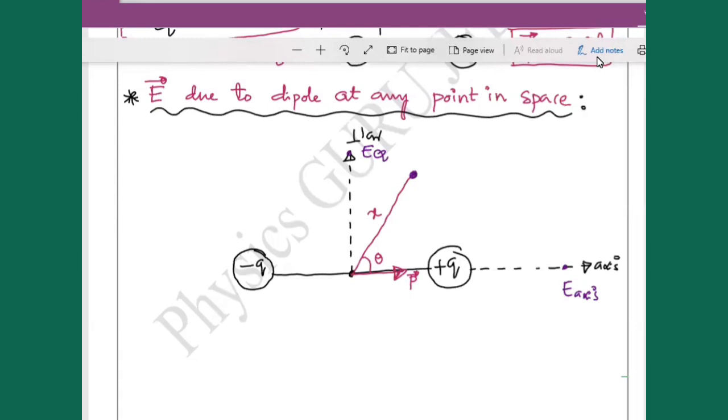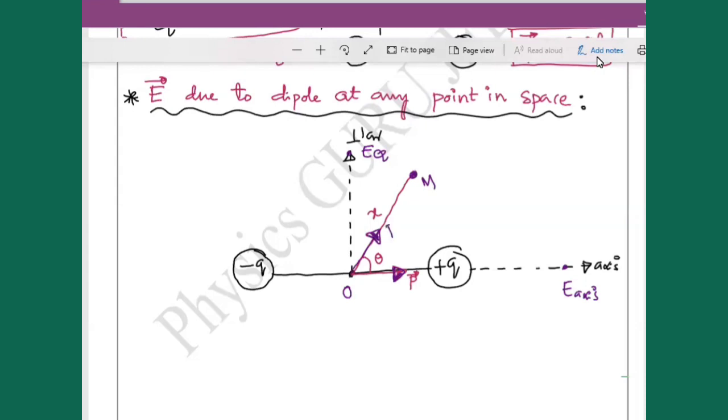This P can be resolved into two components. Can you tell me what is the component along this direction, anybody? Along the direction of OM, what is that component? Now P is a vector quantity and can be resolved into components. Rupali Reddy gave the answer P cos theta. Will you accept that? It is nothing but P cos theta.